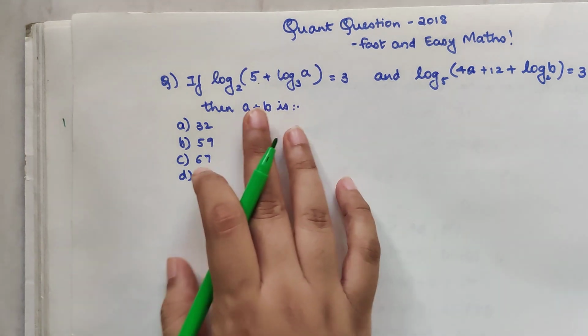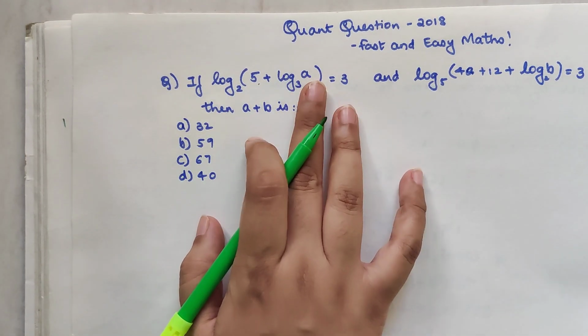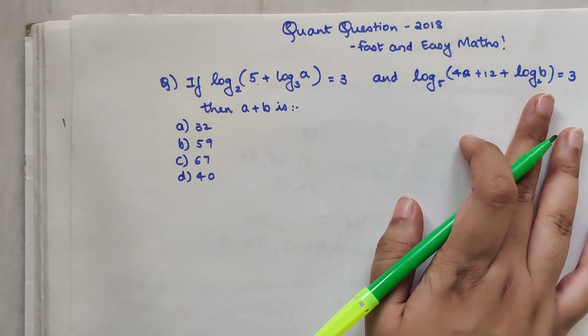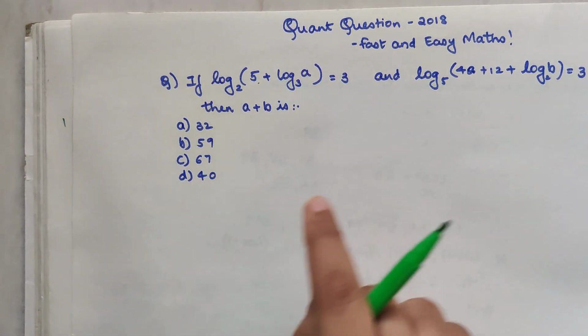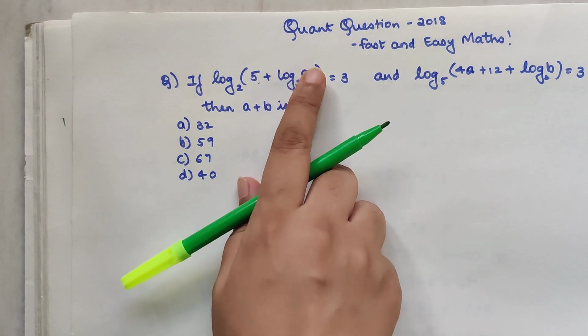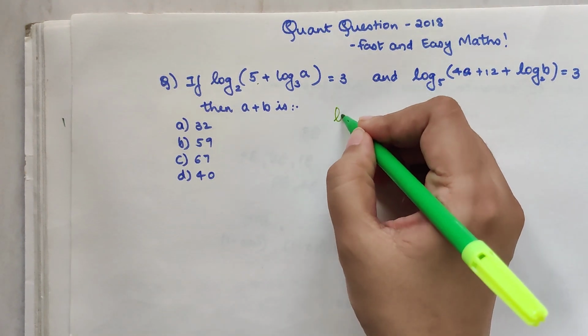Okay, so now here we have one equation where we are talking about a, and then there is another equation where we are talking about a as well as b. So we should better start with this one because this has just one variable. This one has a as well as b. So if we get the value of a from this equation, then solving the next equation will be very easy. So let me just write this down.